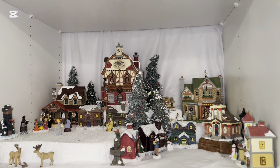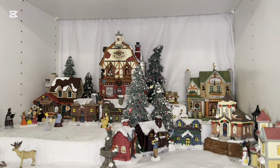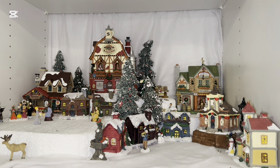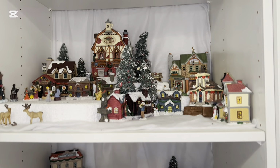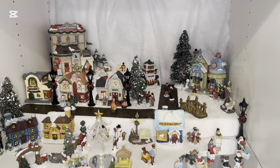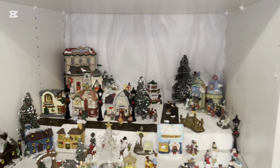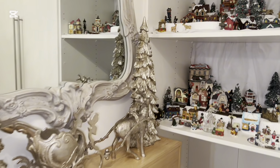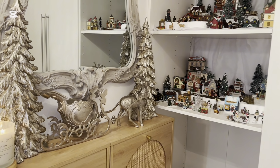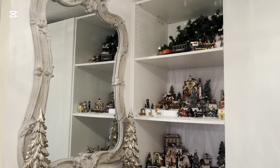And then this is my second level. This is a combination of Michael's and Dollarama and Walmart pieces. And then on the bottom, it is the same thing, Michael's, Walmart, and Dollarama pieces. Really happy with that. And then over here, I kept everything pretty simple because I wanted the miniature village shelves